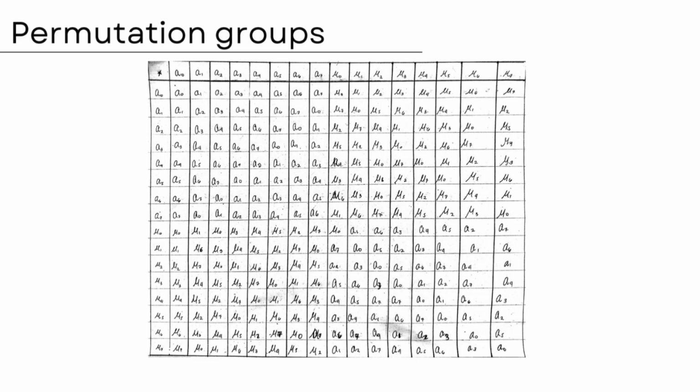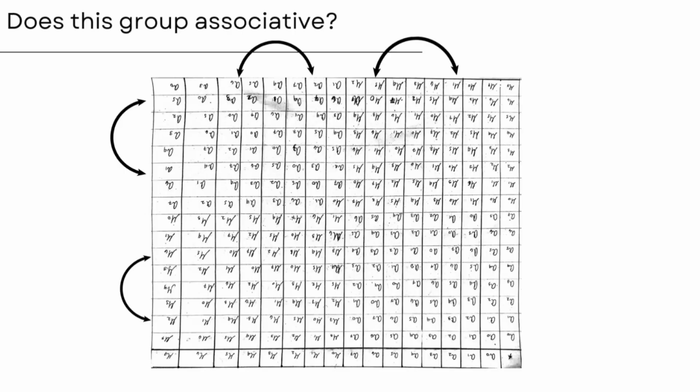Now we will prove that it is associative, but first we will rotate this table into 180 degrees. So as you can see, I already rotated it on 180 degrees. Here in the table, we will interchange the column or row. So first, we need to interchange the alpha sub 6 and alpha sub 2 for the column, and next is the mu sub 5 and mu sub 1. Then for the row, we have interchanged the alpha sub 5 and alpha sub 1 and mu sub 6 and mu sub 2.